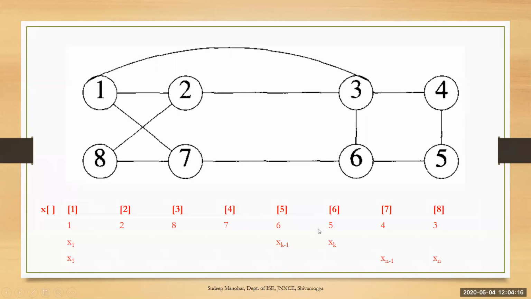Okay, and what values does k get? K gets the values from 1 to n, or 1 to 8 in this example. And always we start from vertex number 1, this is assumed. That means whenever we make a call for the function, before that, we must be sure that x1 is already set to 1, and we should make a call for the Hamiltonian function by passing 2 for the value of k. K value will be 2.